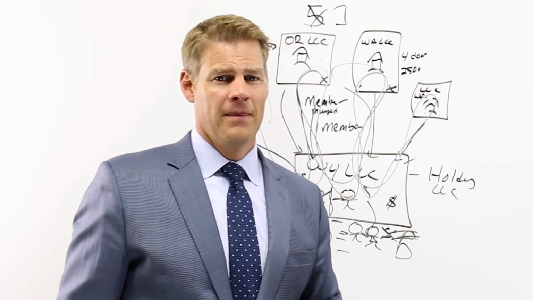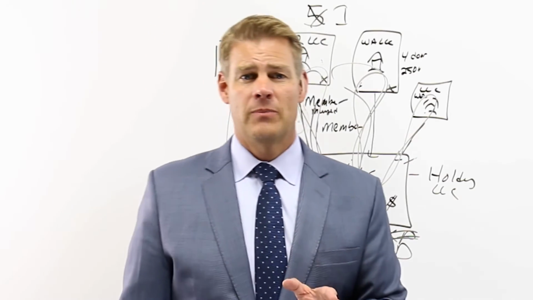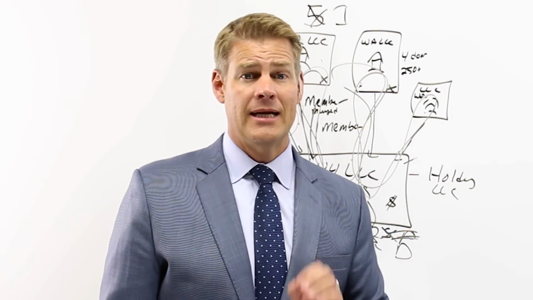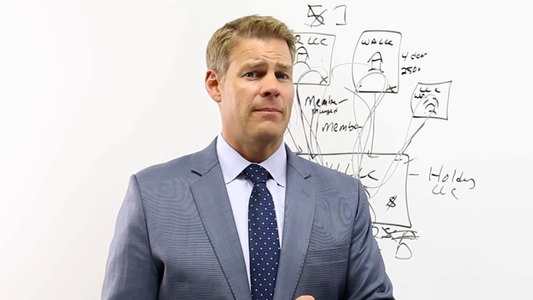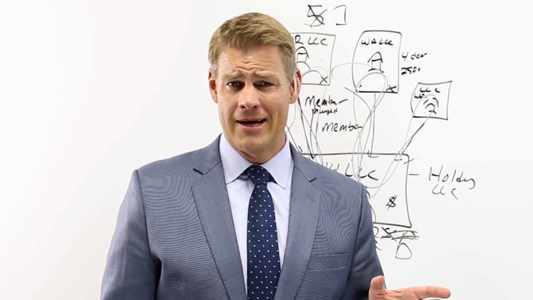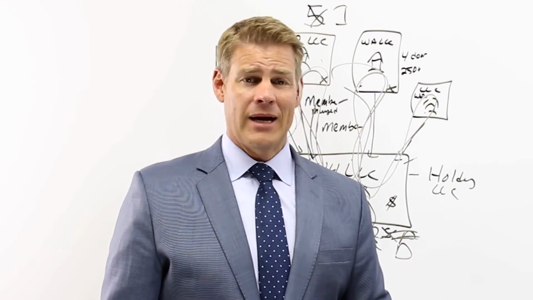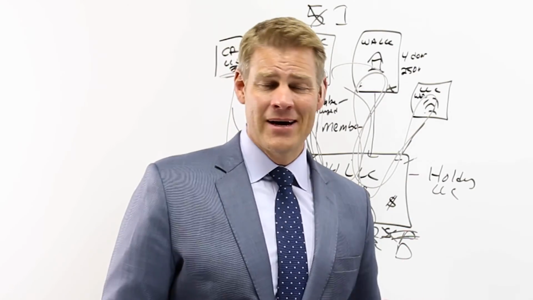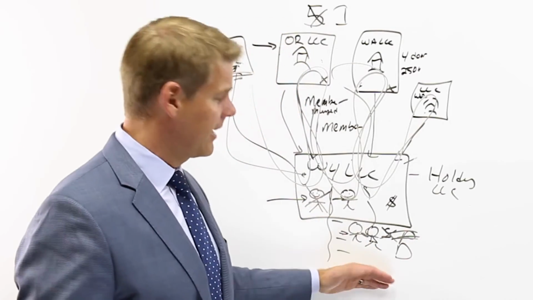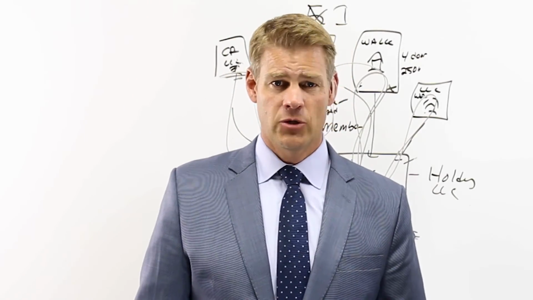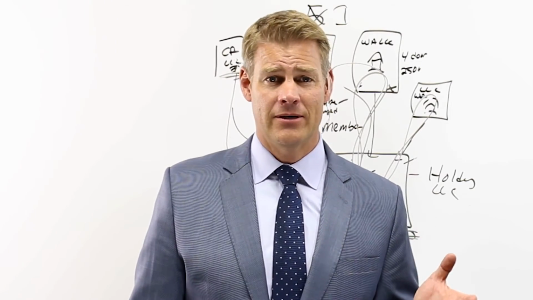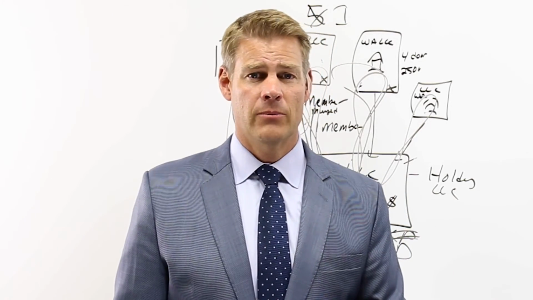Now, whenever I share this example with people and show them the power of using an entity in Wyoming or Nevada, they oftentimes shoot right back at me and say, Clint, that's all fine and dandy, I understand what you're telling me, but I got to eat. How am I going to get money out of my entity if there's a creditor down here and I can't distribute money to myself? Well, the answer is simple. You have other options. There are other outlets here.